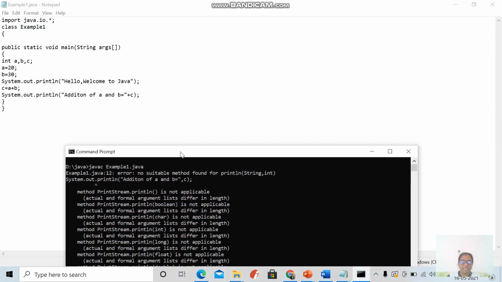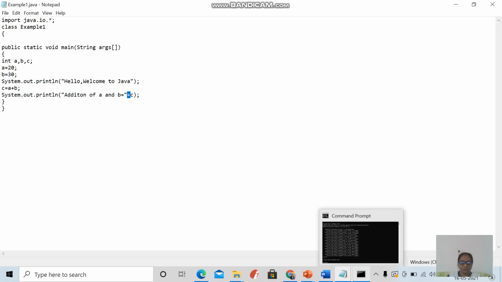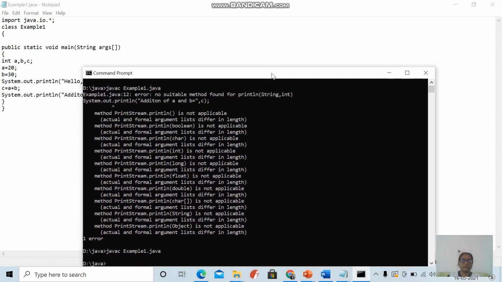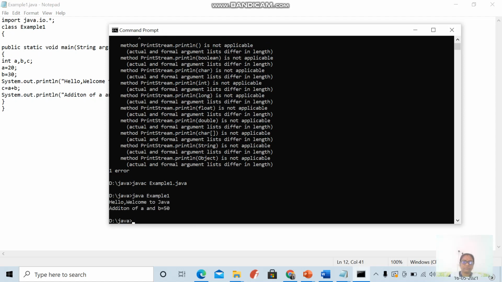So the basic syntax for System.out.println is: addition of a and b within quotation marks, then using the plus symbol I am concatenating the value of c. Now we will see the output. Fine. I am getting the output as Hello welcome to Java, addition of a and b is equal to 50, right?